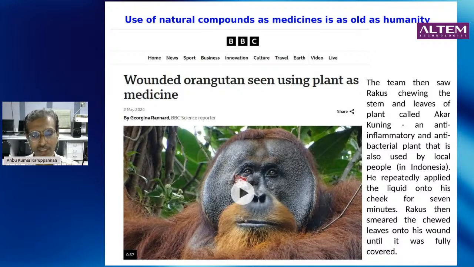So what I'm trying to tell here is this is actually an instinct. The instinct to look for remedies in our environment is very primitive, and humans have been using medicinal plants for time immemorial. Since prehistoric times, we have been using that. So it is no wonder that now there is a renewed interest in looking for remedies and therapeutic molecules in natural compounds.